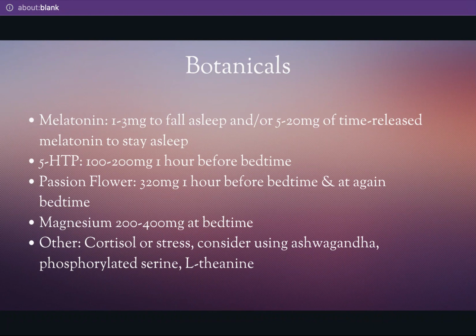Magnesium is sort of my go-to because magnesium has so many great benefits, not just sleep, but also muscle relaxation. It can help with restless leg. It helps with constipation. It helps with muscle cramps. So that includes menstrual cramps. So magnesium is one of my favorite go-tos. In addition to that, vitamin C can also help, and calcium.